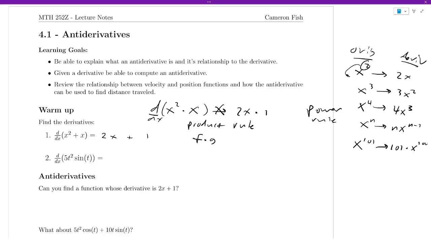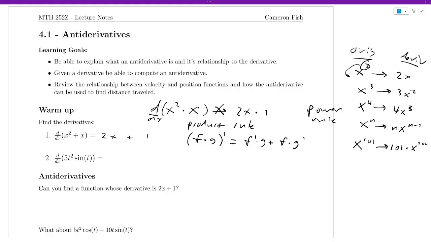If I have f times g, where f and g are functions, and I take the derivative, remember this little tick mark, we read it as prime, (f times g)', that's just another notation for taking the derivative. I'm going to be using both notations, so I could have written d/dx of f times g, the same thing. So the derivative of f times g, our rule is I do